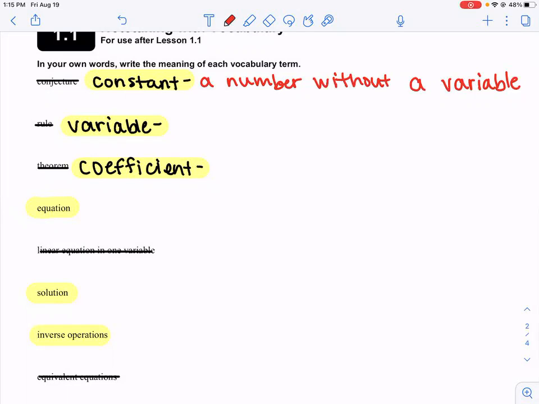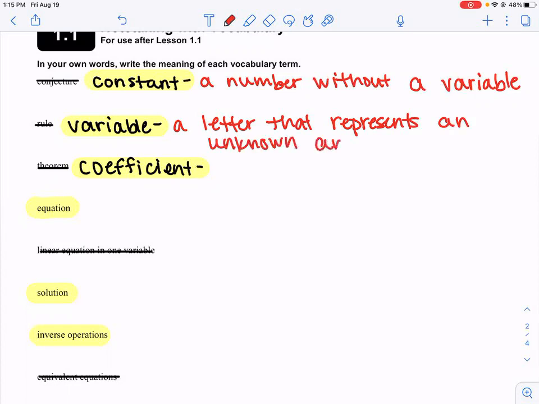A letter that represents an unknown number or amount, however you want to say it. Now, Amelia, this is exactly what Amelia said. I just put the word unknown in there because typically it's going to be what we are solving for in this first unit. Okay. Now, a coefficient